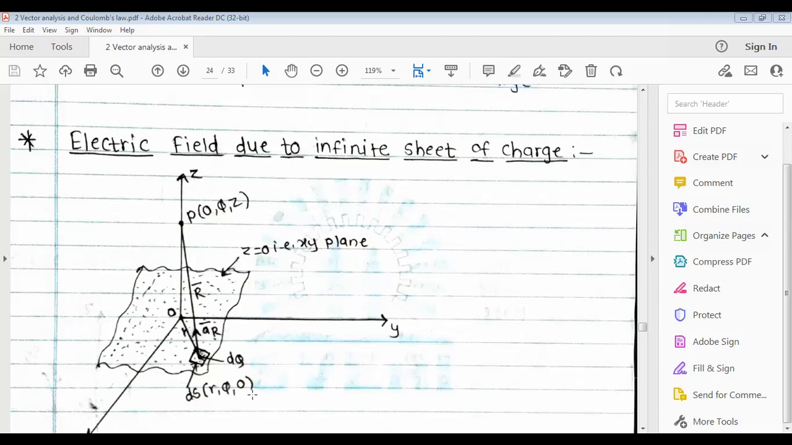Okay. Now we have to find electric field intensity at point P. Now this point P is located at 0, phi and z. Why are the coordinates 0, phi, z? The r coordinate is 0 because when we are considering